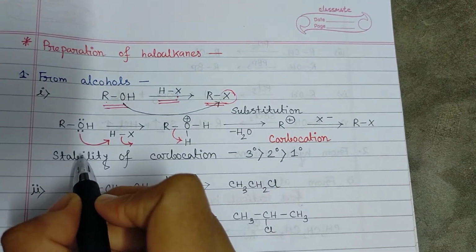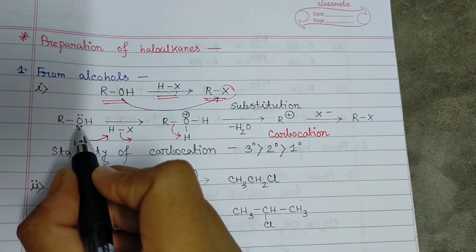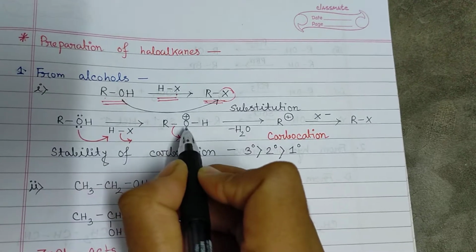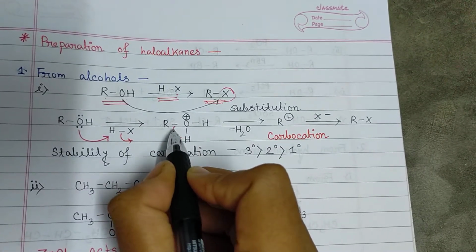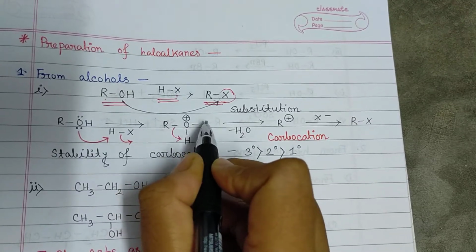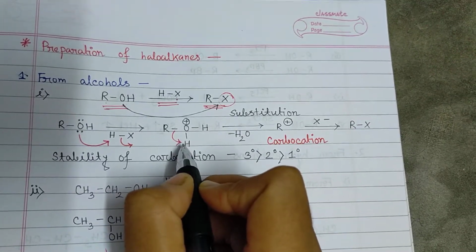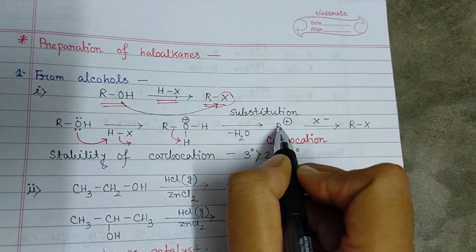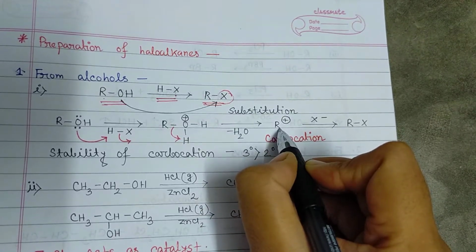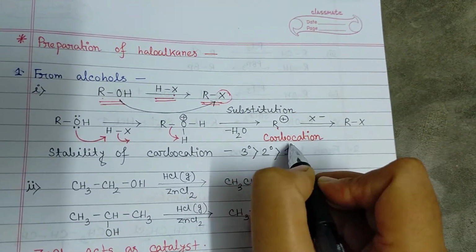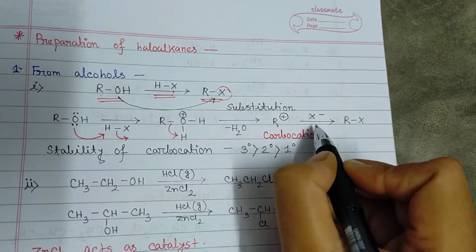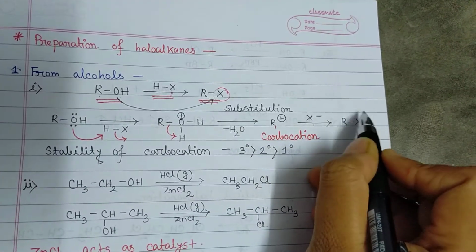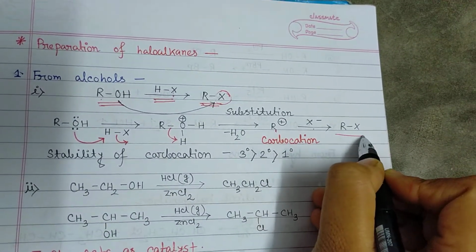How does the reaction take place? What is the mechanism? At first, the lone pair of oxygen attacks the H plus of HX and it becomes ROH2 plus. Then after the removal of this water molecule, because water is a very good leaving group, we can have a carbocation, a cation which has the positive charge on carbon only. Next, the X minus from this HX bonds with R plus and we get RX, that means